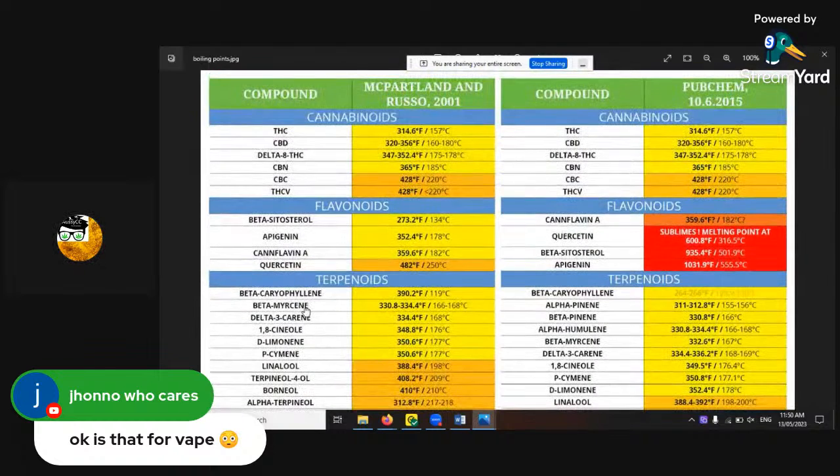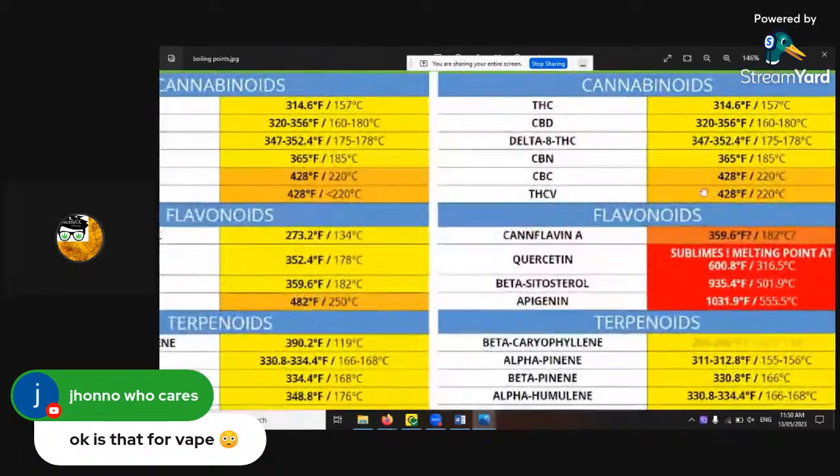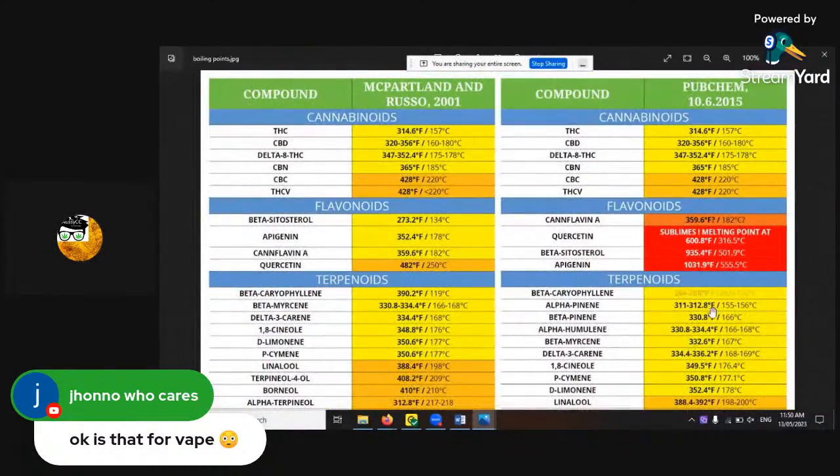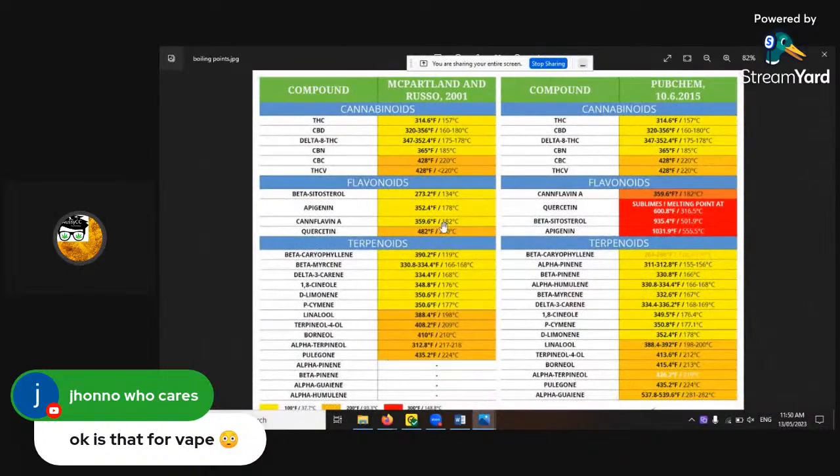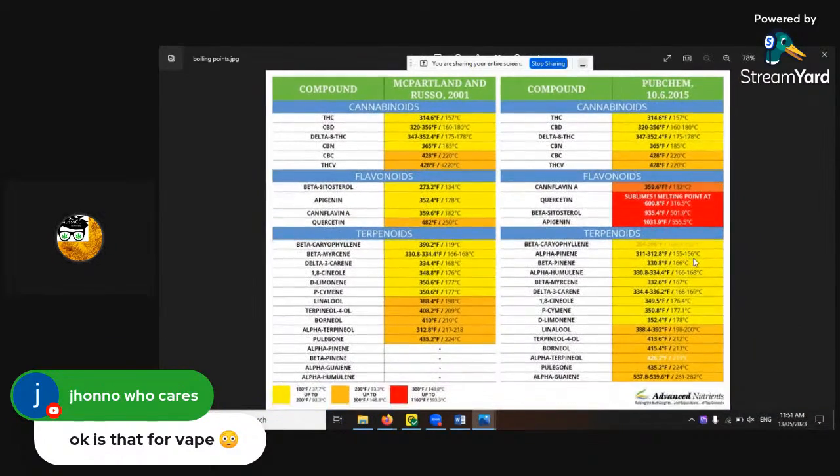This is a study comparing different technologies to see what happens with each one. They tested the same material and saw what came out. I'm only interested in the latest, so it's this right-hand side here. I'm only going to discuss that because the left has changed, as science ages, it changes.